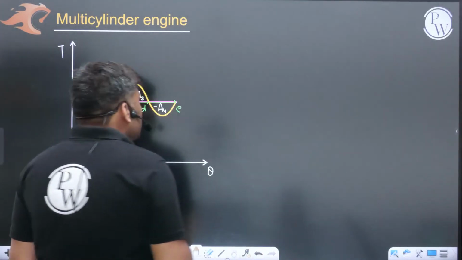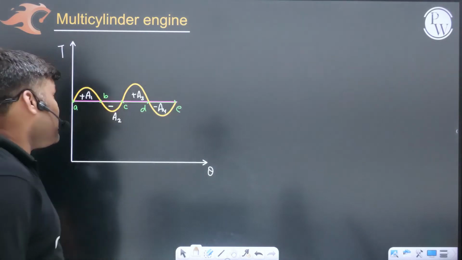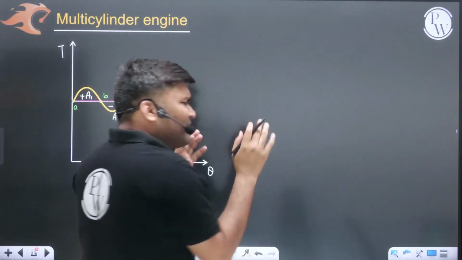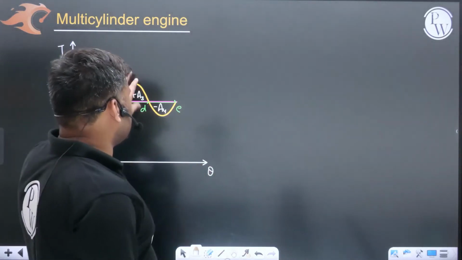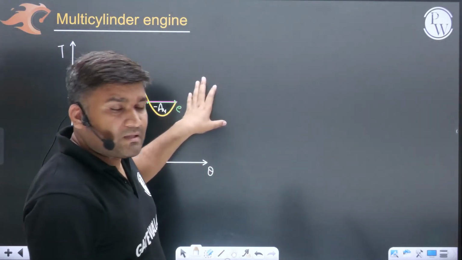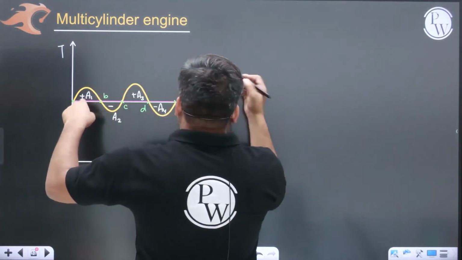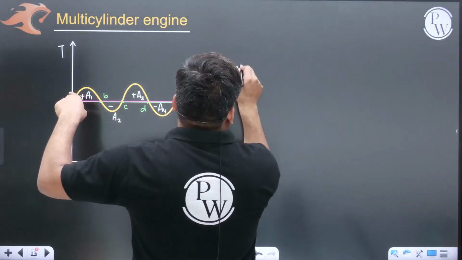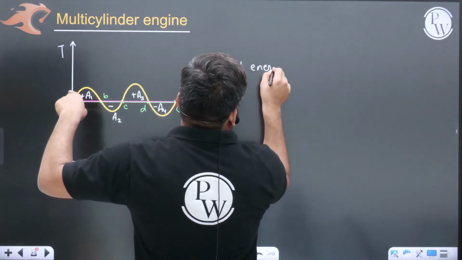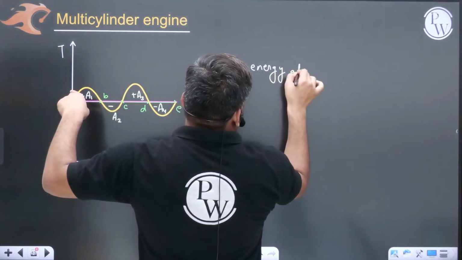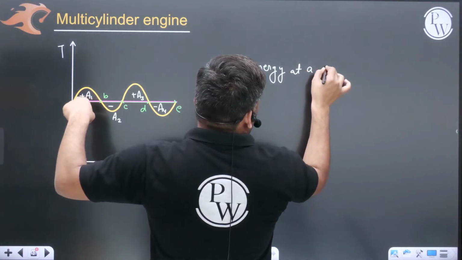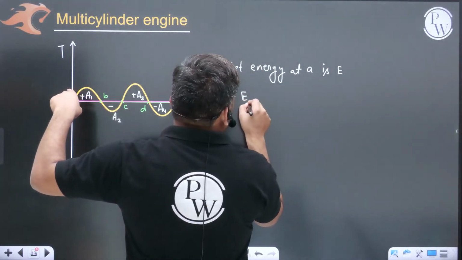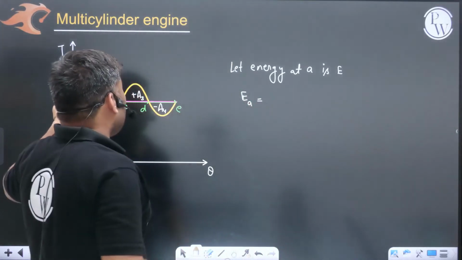How do you have to approach here? कैसे बात करनी है? Let's have a look. बेटा, let's imagine again, करना वही है. These areas, fluctuations in terms of energies they have given. What you have to do is, suppose, let us suppose, energy at point A is E. ये E दे रखा है, तो एनर्जी एट पॉइंट A, फ्लाईव्हील माउंट किया है,